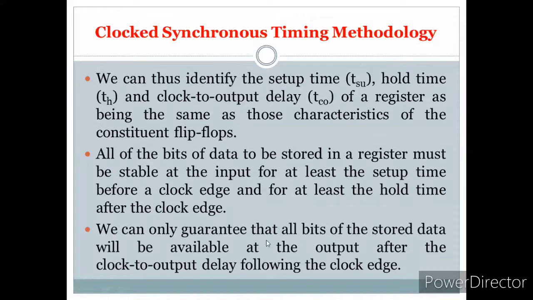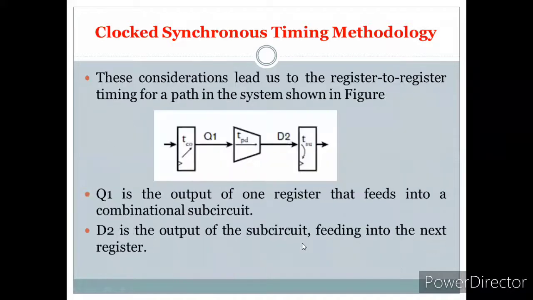So we can only guarantee that all the bits of the stored data will be available at the output after the clock to output delay. If setup time and hold time are met properly, then only is the data transferred correctly at the output with the proper clock to output delay. That's the concept you must know about what is happening in the design.